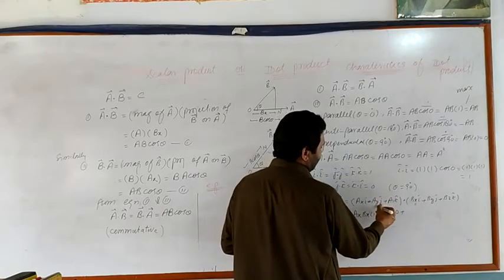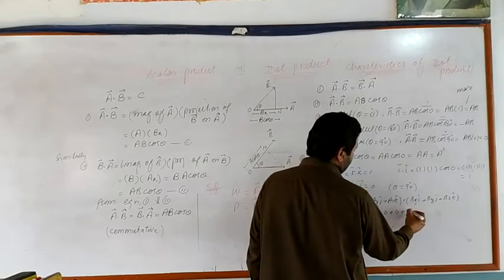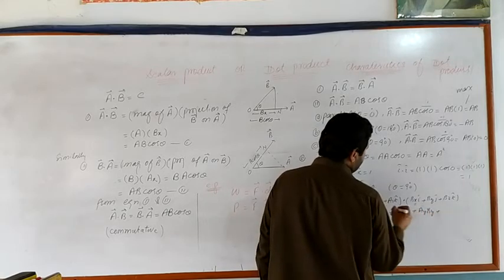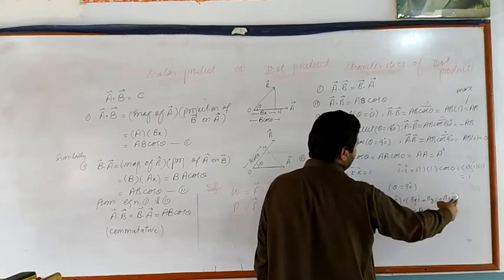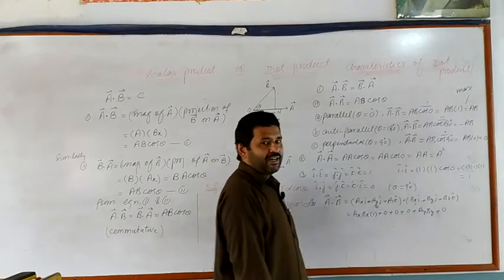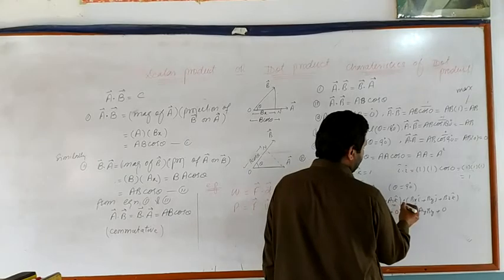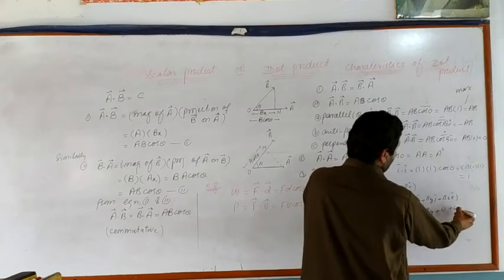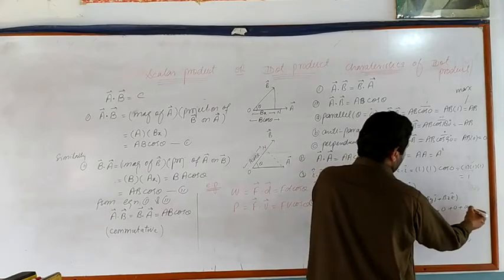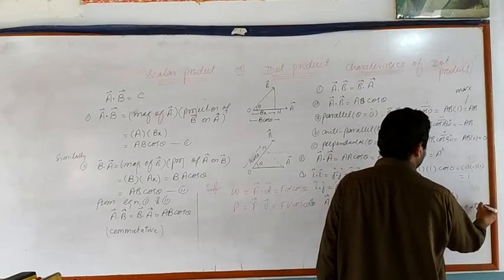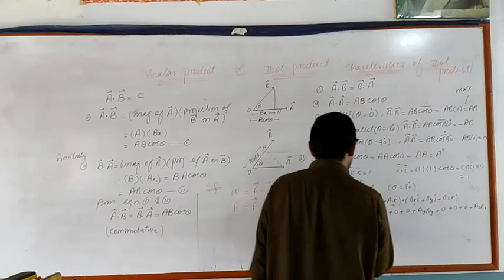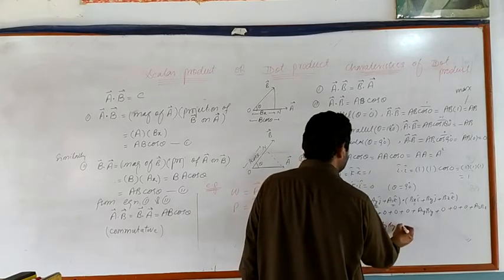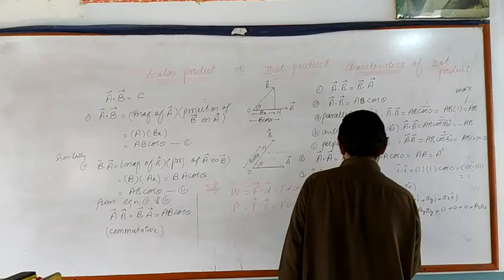Now multiply this value with all these values. The resultant is equal to 0 plus j dot j is equal to 1, so AY BY. Similarly, it will be equal to 0 when j unit vector is multiplied by k unit vector with the dot product technique. Now multiply AZ k unit vector with these three values. k dot i is equal to 0, k dot j is equal to 0, k dot k is equal to 1. The resultant will be AZ BZ. We will find AX BX plus AY BY plus AZ into BZ.